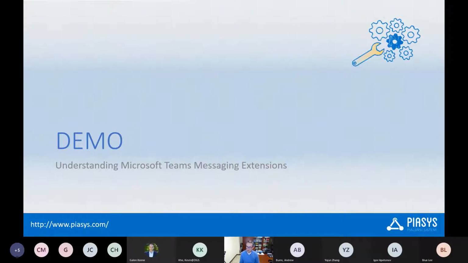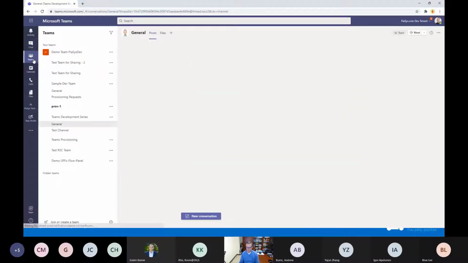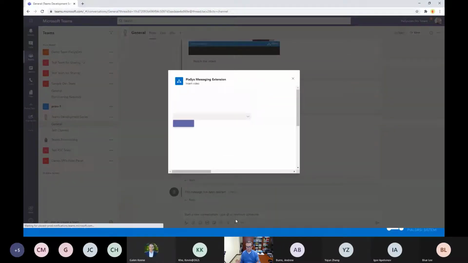Before that, let me show you a real messaging extension that I built. Let me go to Teams, in a demo channel that I have, and here I can create a new message. So I want to use the message composition box. In this area, you can see I have a bunch of actions available. One is a custom one. You see, this is the logo of my company, and by clicking on this logo, I can activate a dialog